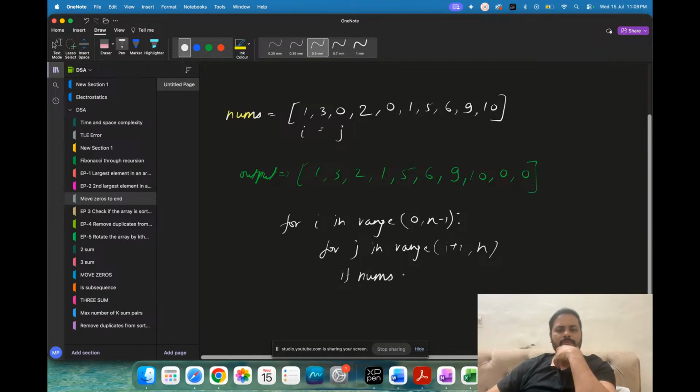Now what we will do is, if nums of i... let's say if nums of j is equal to 0, then... okay, let's do it this way. If nums of i is equal to 0, then